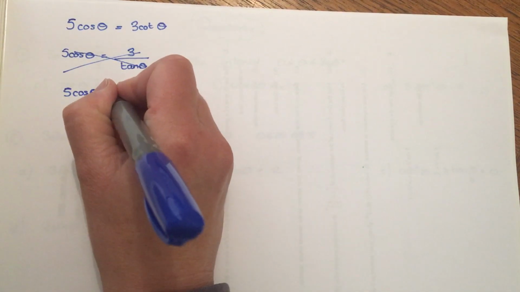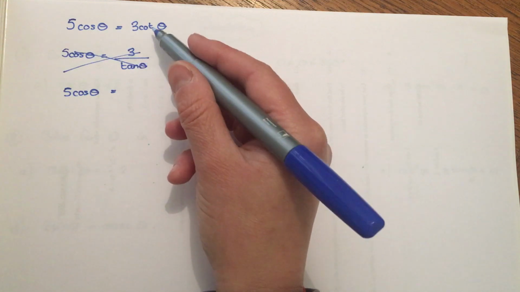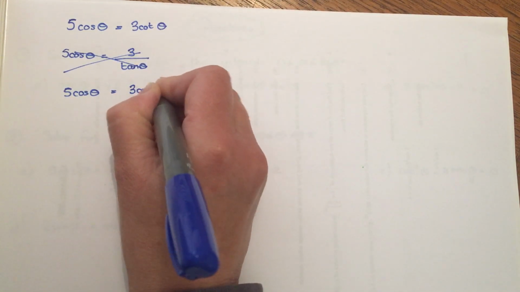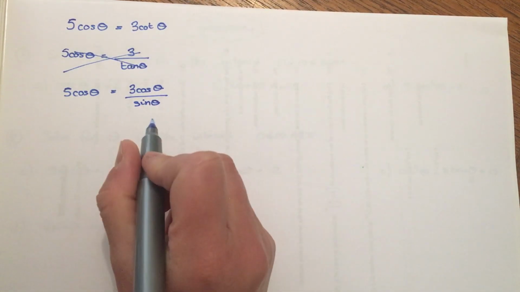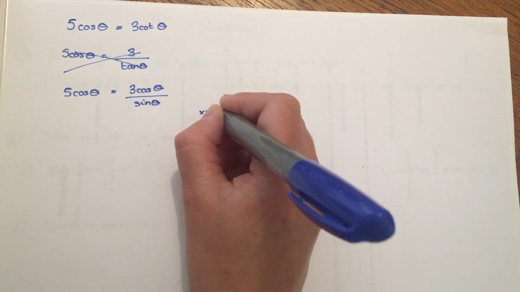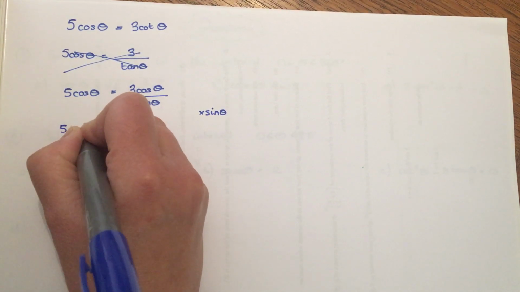And I know that cot, as well as being 1 over tan, is also cos over sine. So 3 cot is the same as 3 cos over sine. Once I've got to this point, I can then do something with it. So if I times throughout by sine theta, I've got 5 cos theta sine theta